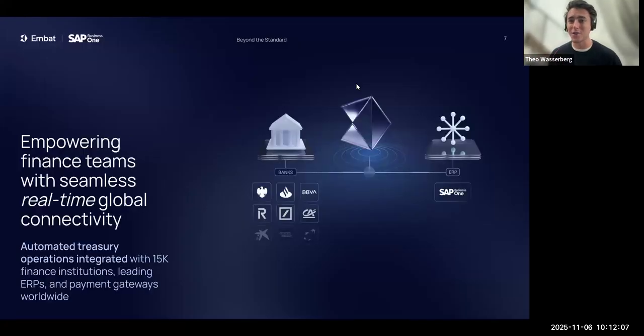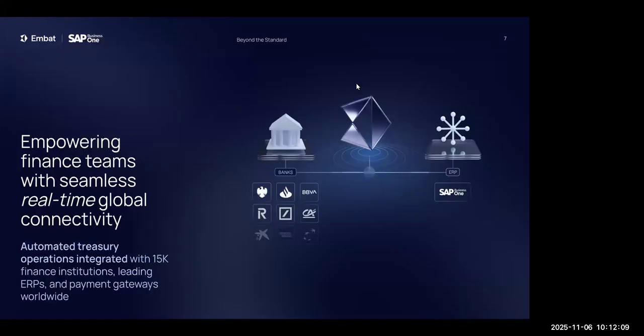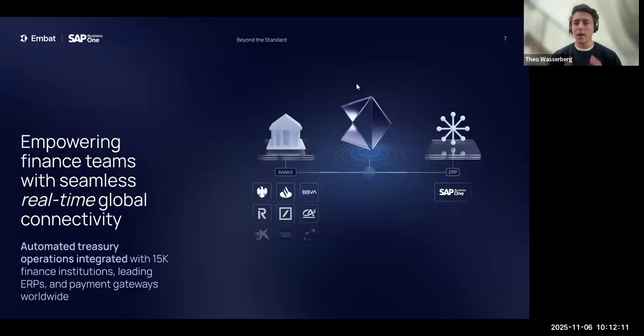And I like talking about Embat, so that's no issue. Thank you. So I think the way to think about Embat, and this is the critical thing, is that Embat sits between, on one side, all of the financial institutions, banks, PSPs, credit cards, loan accounts, whatever it might be, and has a live bi-directional connector into those. And on the other side, it's connected into B1, and it's got a live view of everything that's happening in B1.